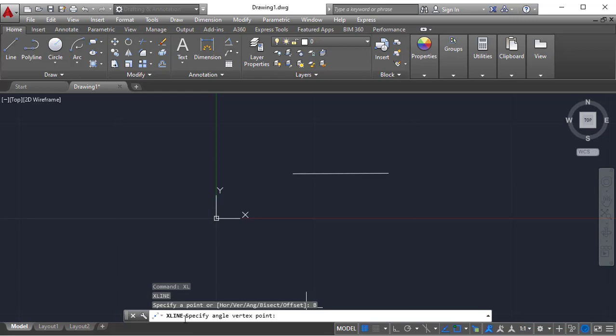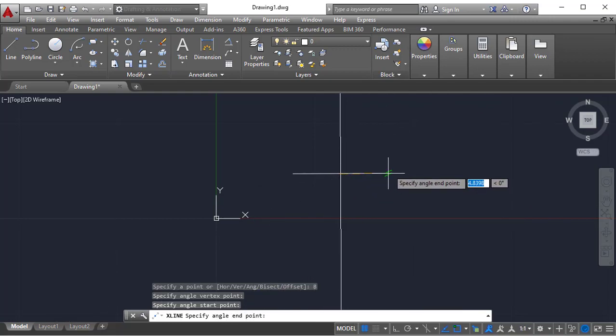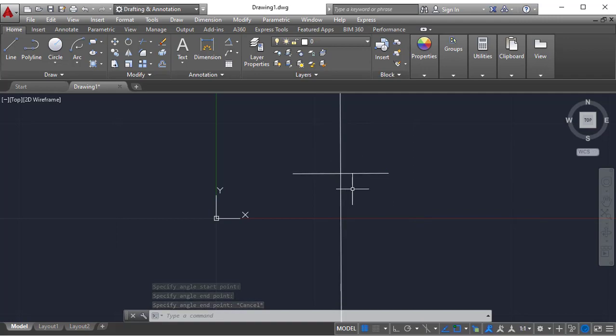It asks for the angle vertex point, meaning where you want to specify the center point of the construction line. I just showed it here. After that, the angle start point, at least show one end point. Next, the end point of the angle, like this. You can simply observe this is a bisect at the half, at the point where I showed it in the beginning.